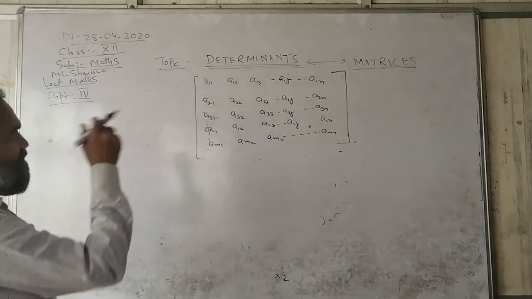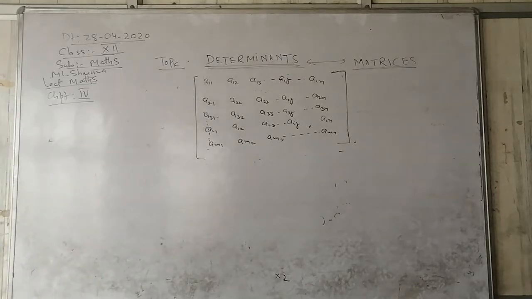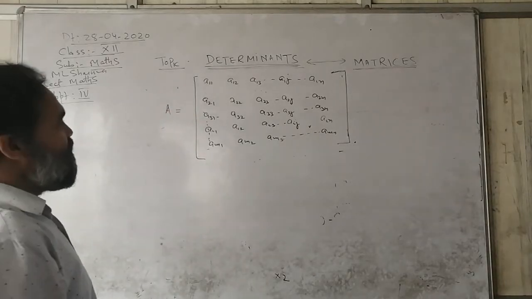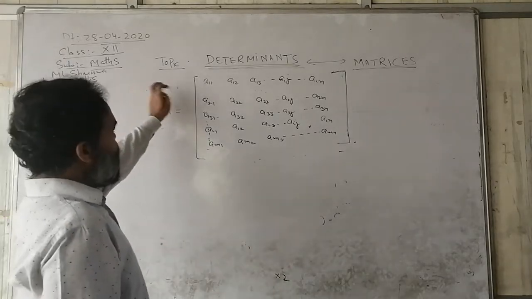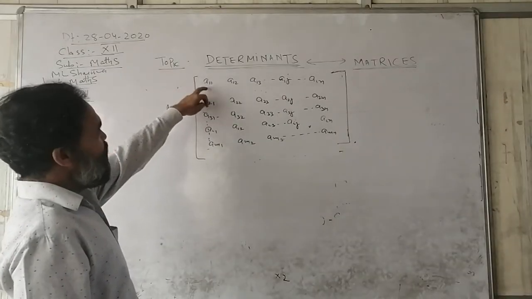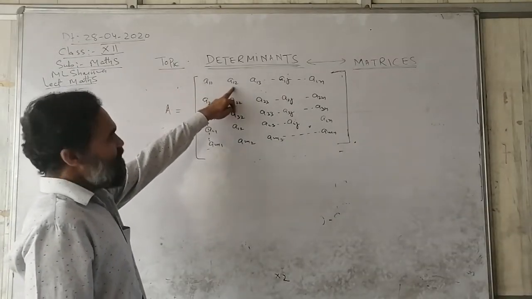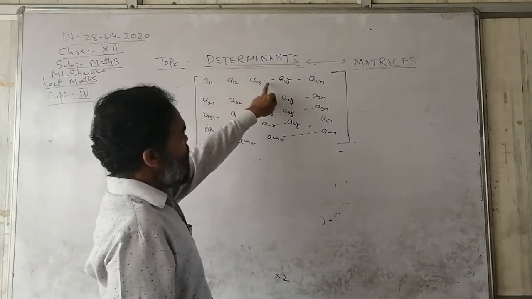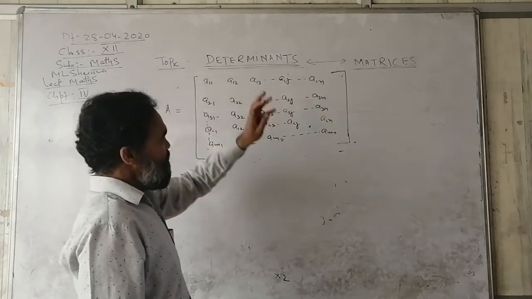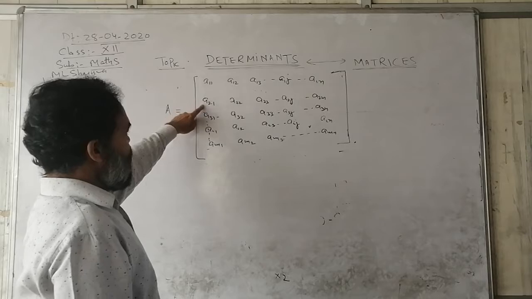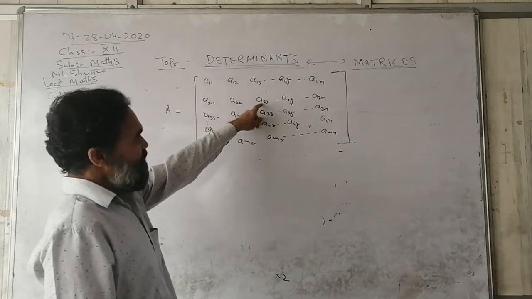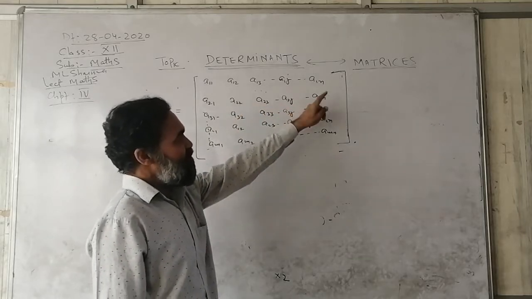So before I start this determinant, I have written an algebraic expression here. In this expression, I have written numbers. These numbers can be real as well as complex. The first number is A11. The next will be A12 and A13, and so on up to A1j, and the last number of this row is A1n. Same way, the other numbers I have written are A21, A22, A23, A2j, and so on up to A2n.